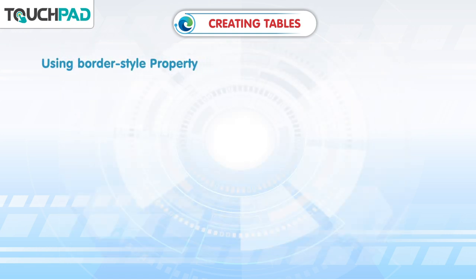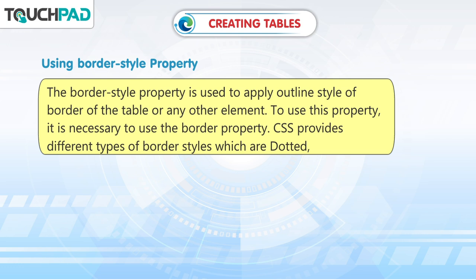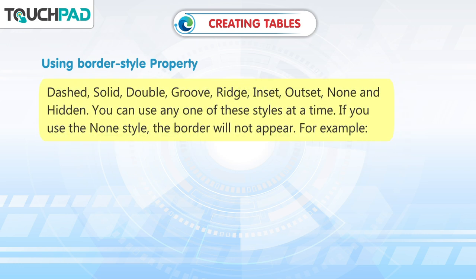Using border style property. The border style property is used to apply the outline style of the border of the table or any other element. To use this property, it is necessary to use the border property. CSS provides different types of border styles which are dotted, dashed, solid, double, groove, ridge, inset, outset, none, and hidden. You can use any one of these styles at a time. If you use the none style, the border will not appear. For example,